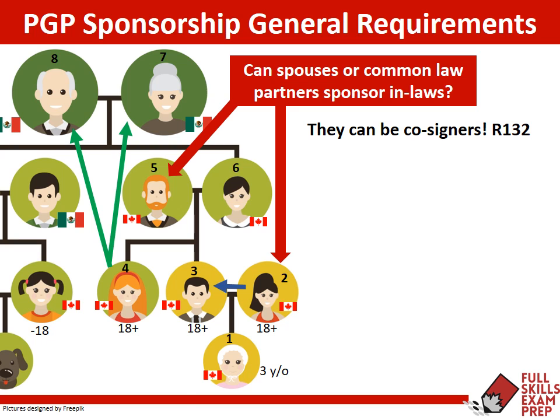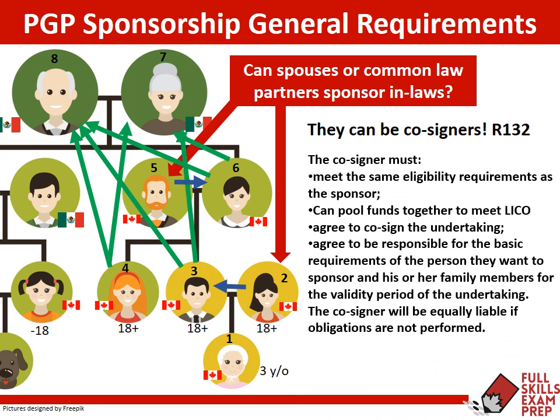So you can see that the person at number 4, she can sponsor her grandparents, of course, no problem at all. Now the gentleman at number 3 can sponsor his grandparents together with his wife as a co-signer. And the exact same thing with the couple at 5 and 6. So the spouse who isn't a blood relative of the person they want to sponsor would still be able to co-sign for that person to be eligible to immigrate under the family class. There are a lot of little tricky details in here though.